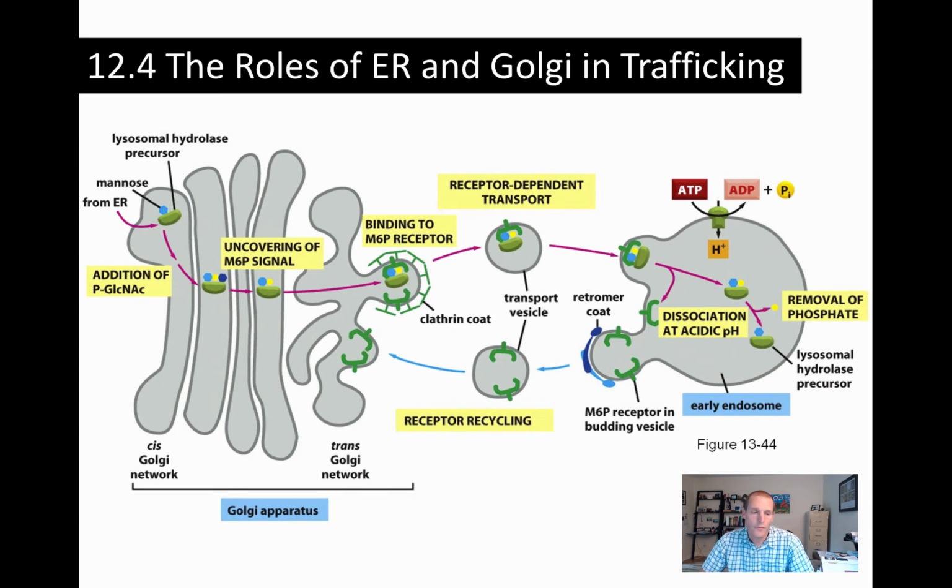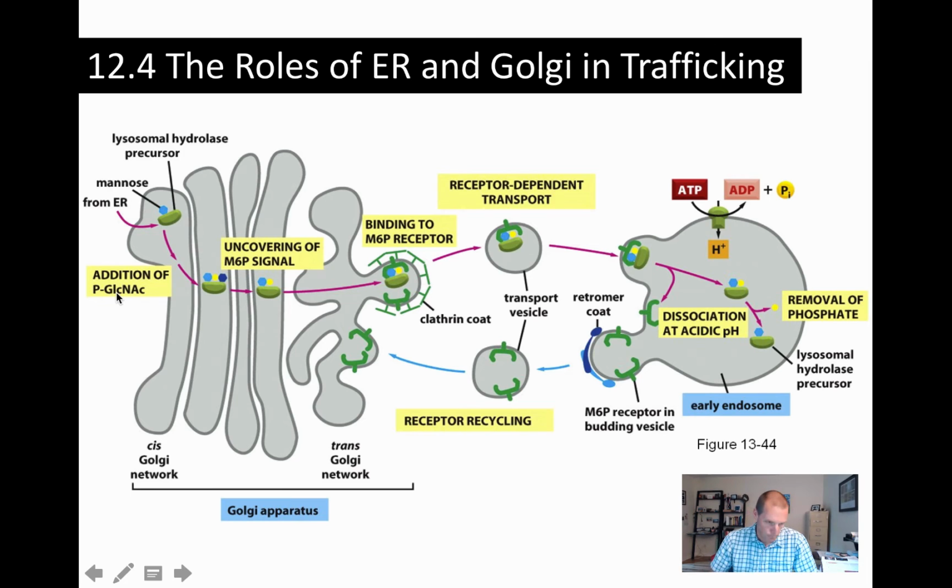So the phosphorylation of mannose to produce mannose 6-phosphate, which is the targeting signal to get these soluble proteins to the lysosome, is catalyzed by two Golgi specific enzymes. So these are enzymes which have to be kept in the Golgi, and so they're kept there using the mechanisms that we described before. The first one is a phosphotransferase that adds N-acetylglucosamine, which has been phosphorylated on its one carbon. So that's called N-acetylglucosamine 1-phosphate. And so that is added over here in the cis-Golgi network. So that's the first enzyme. So that's the addition of